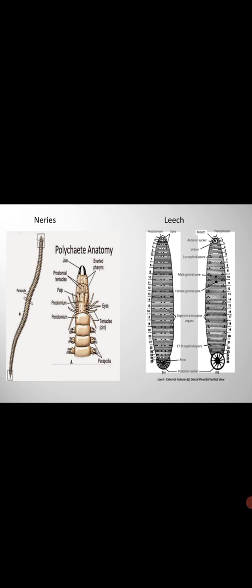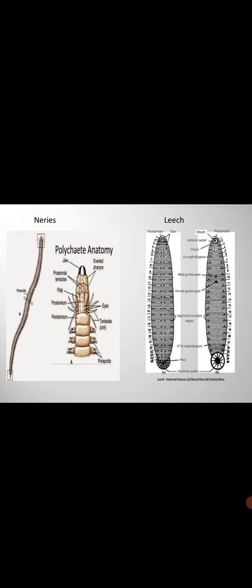Leech has been shown. So remember, they are exhibiting organ system level of organization. You can see body is cylindrical and it is tapering at both the ends. Very important character, body is metamerically segmented. Bilaterally symmetrical, triploblastic. So these are the important characters of Annelida. And locomotion is taking place by longitudinal and circular muscles in earthworm, by parapodia in Nereis, and by suckers in leech. So Nereis is having parapodia which is made by chitinous setae, and suckers are present in the leech.